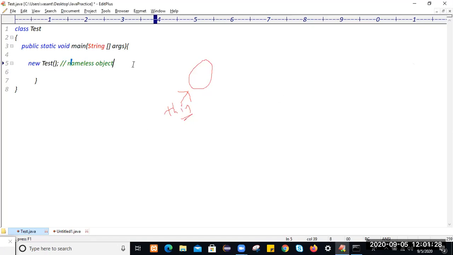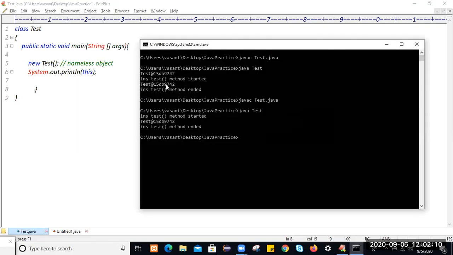If you try to use this within the static area, the main method is a static area. Yes or no? Within this static area, if you try to use this keyword, what will happen? You will get a compilation error. Because of that, you can't use this keyword inside the static area. Actually, you got an ID and you have permission only for two classes, but you can't enter into any other class. Similarly here, this doesn't have access to other areas. Like in the static area, you can't use this keyword.